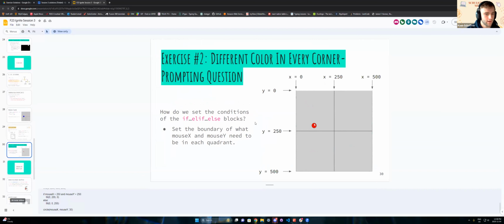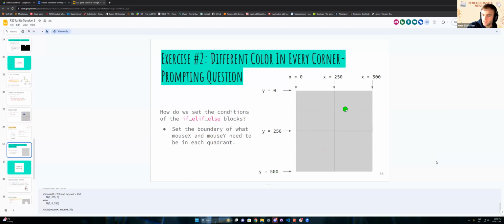And then yes, I saw there was one quick question. Let me just answer it. So mouse Y, mouse X essentially represent the X and Y values of the mouse. Yes, exactly. So remember, if you were here last week, mouse X, mouse Y just gives the coordinate values of wherever the mouse is on your screen. It just tracks it.